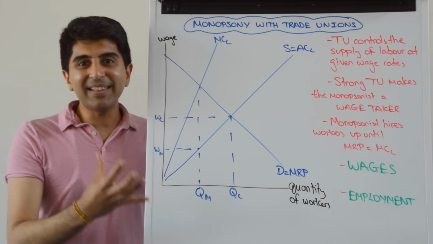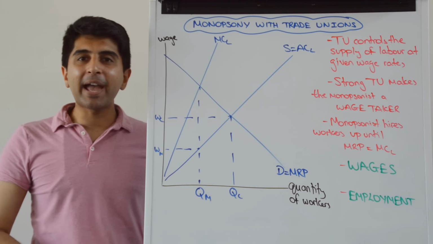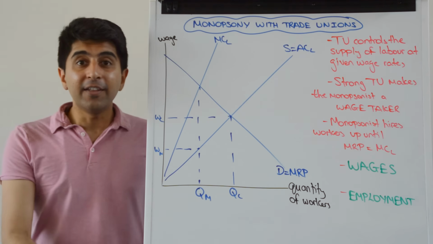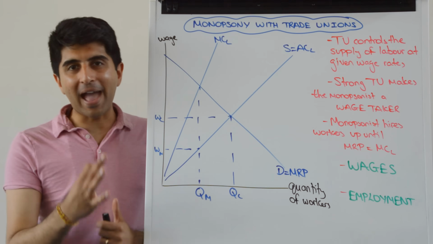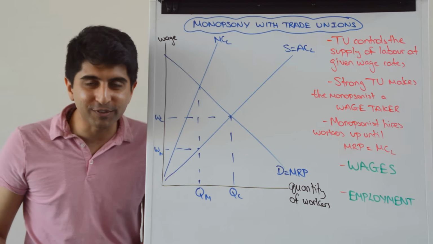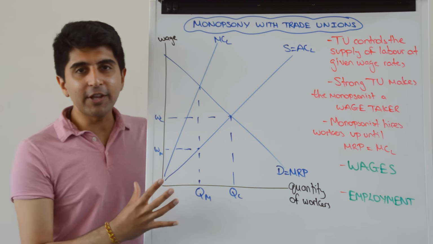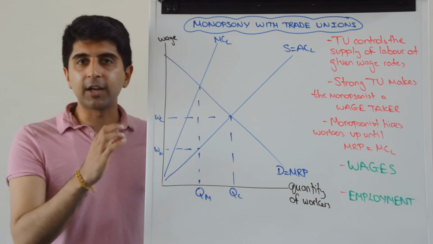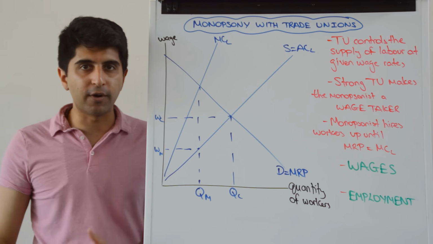Hi everybody, let's now in this video consider the impact of trade unions in monopsony-controlled labour markets. The diagram really is at the heart of everything in this theory, but it's one of the most complicated diagrams in the entire course. Not very helpful. But in this video I'm going to break it down for you, I'm going to make it really simple for you to smash it when it comes to using it in your exams and in your essays.